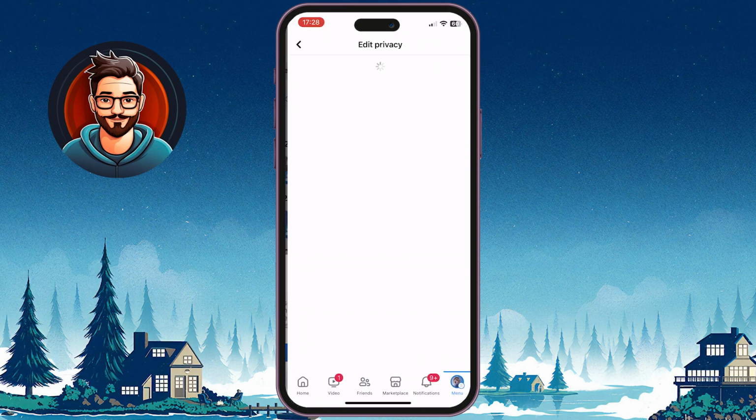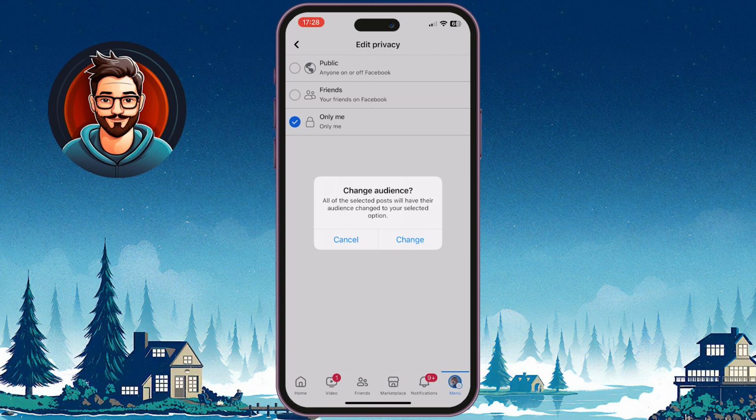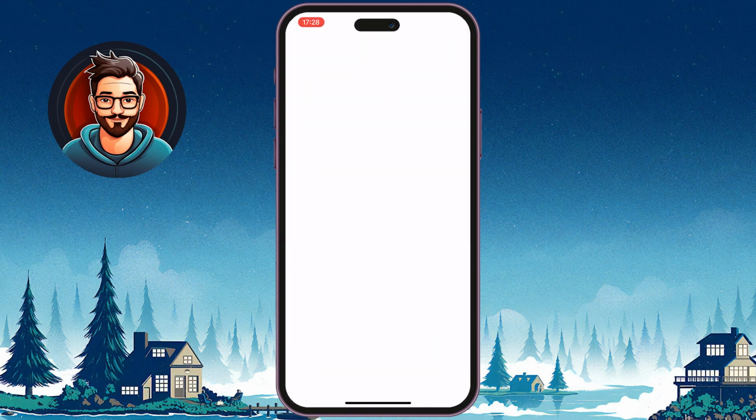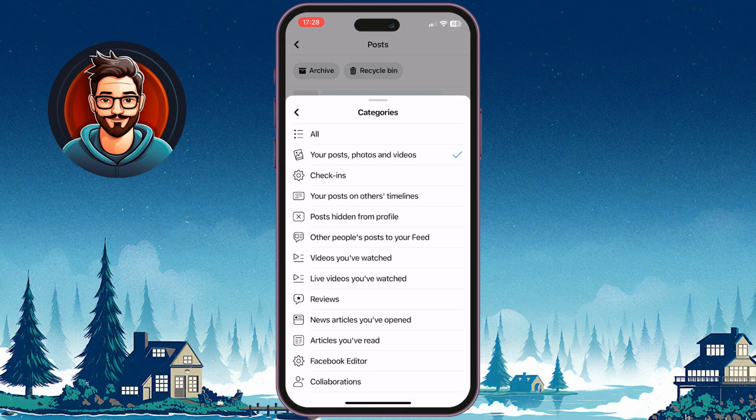Here you can choose the privacy level for the selected content, whether it's public, friends or only me. Select your preference and hit Change. Similarly, you can hide posts from the other categories in the same manner by selecting the appropriate category and following